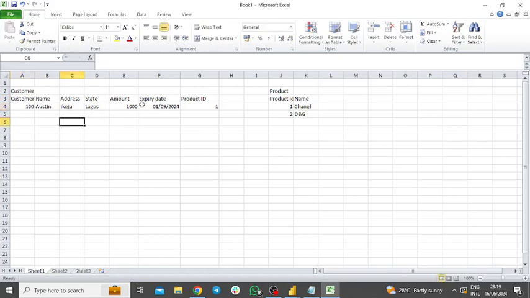Do you get? So now Austin came to our shop and he bought a channel bag. So in our customer table, we will just put the ID number of channel here. No need to put the product name because we have a table called product table where we have information of our product ID and the name of that product ID. With this, you've been able to normalize your table. You've been able to create a dimension table out of this customer table, which is what we've been doing, guys,